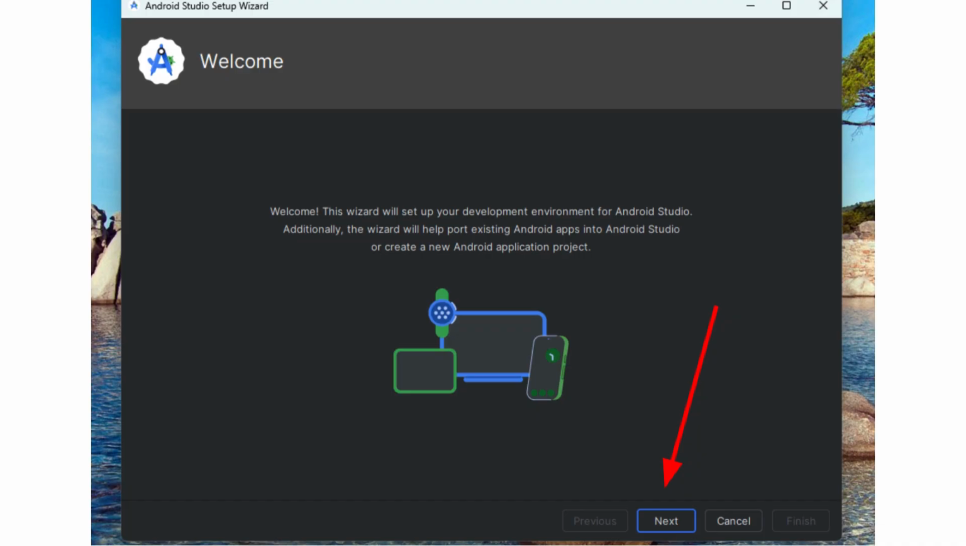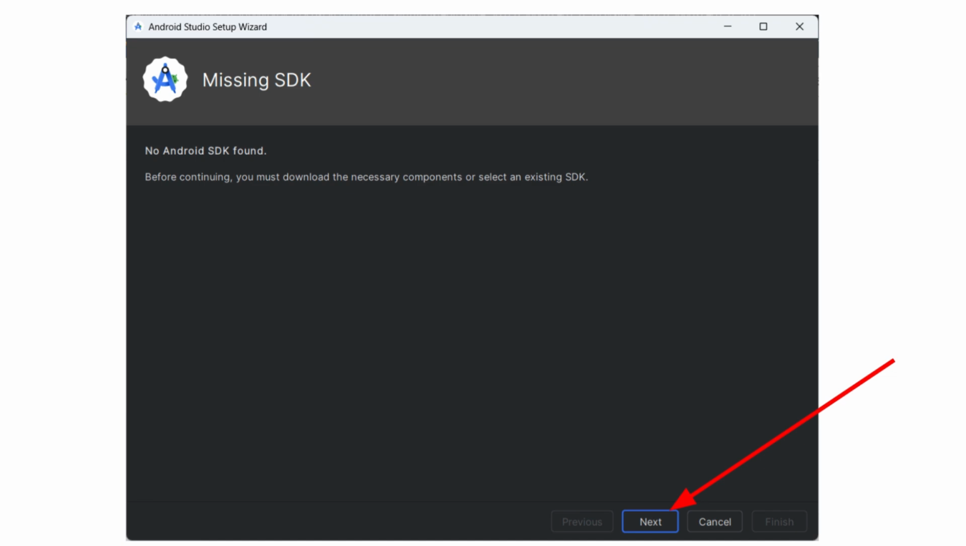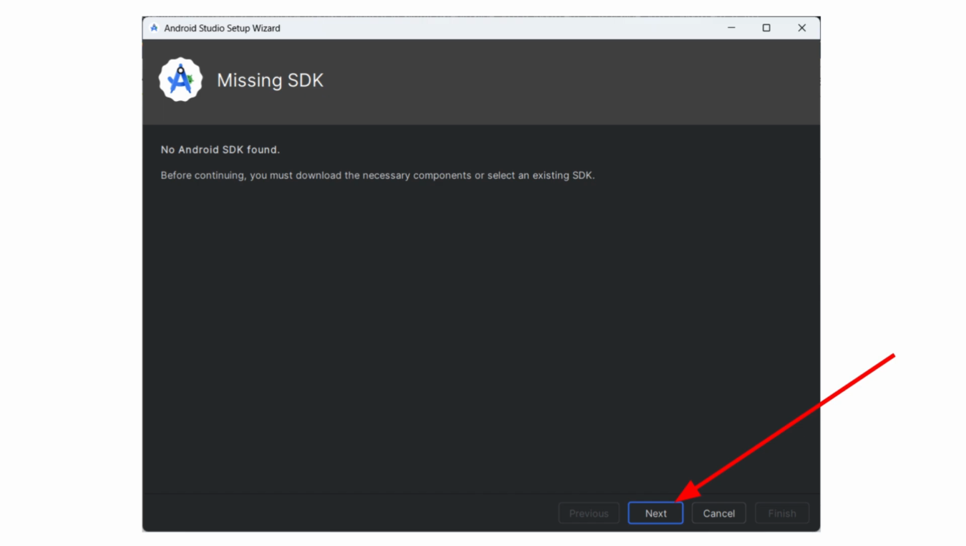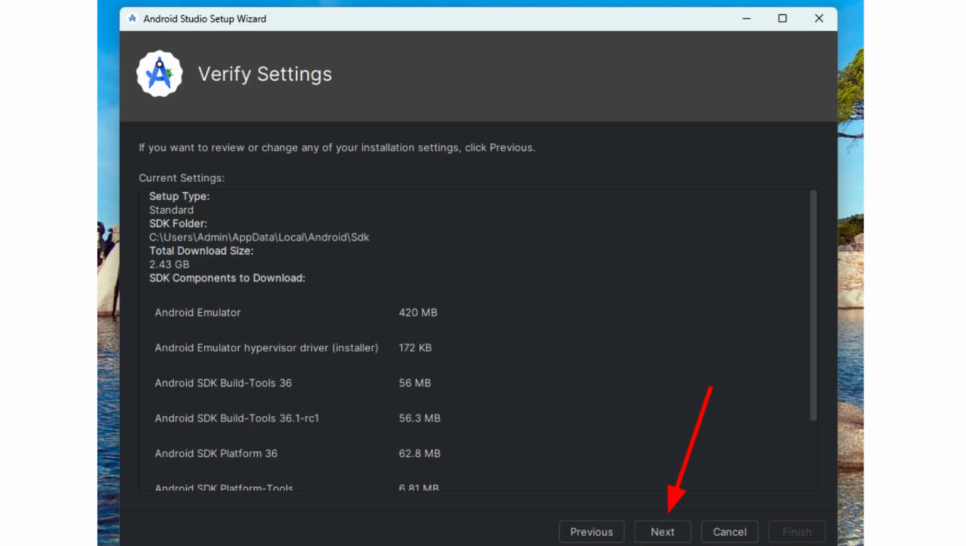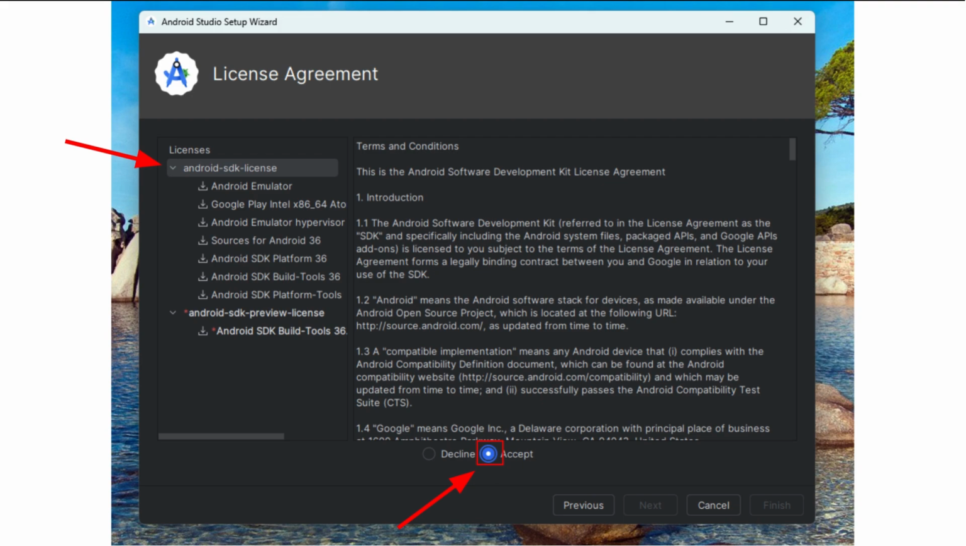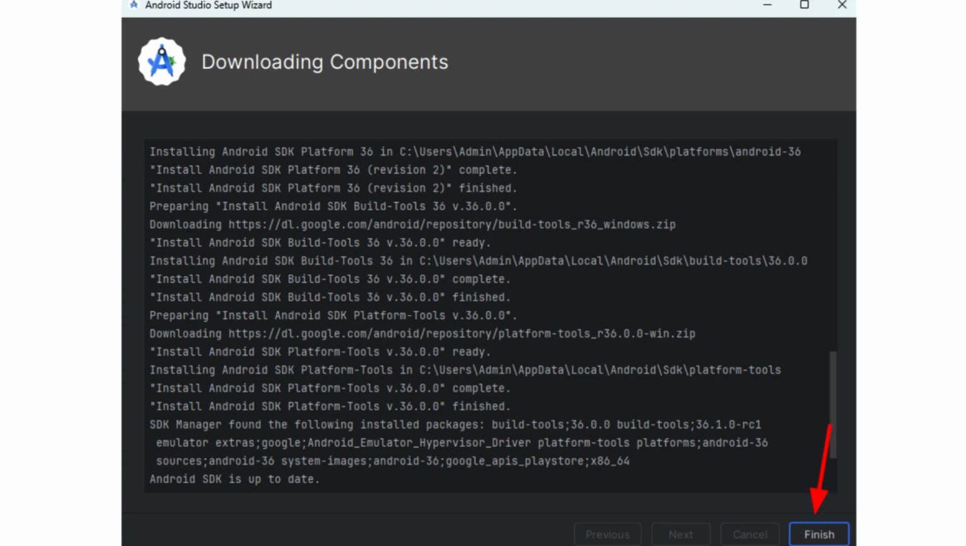And now you're going to go to Clone Repository, and you're going to press this next button right here, Next. Next, if this missing SDK thing shows up. Next. Next. Now you're going to go to these Android SDK things and you're going to accept it, and there's a few more of those, and it's just going to download it. After that downloads, you're going to press Finish,